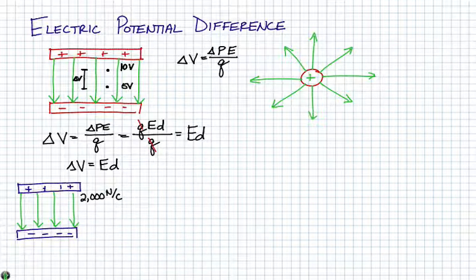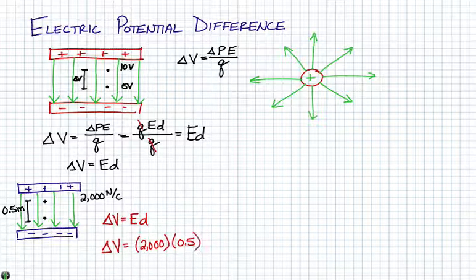Let's say I want to know what the potential difference is between this point and this point here, and that is a distance of half a meter, 0.5 meters. That's the difference in height between these two points, and I have my electric field strength here. Since this is a uniform field, the change in voltage, the potential difference, is going to be my electric field strength times the difference in distance between these two locations. So my change in voltage will be 2,000, my electric field strength, multiplied by 0.5 meters, which hopefully you don't need a calculator to see is 1,000